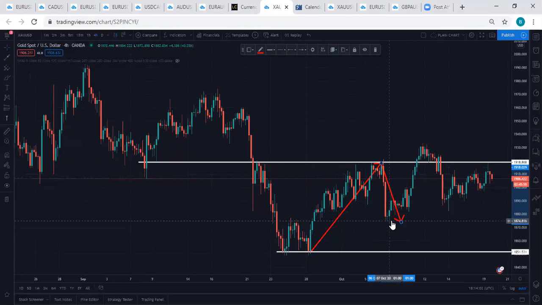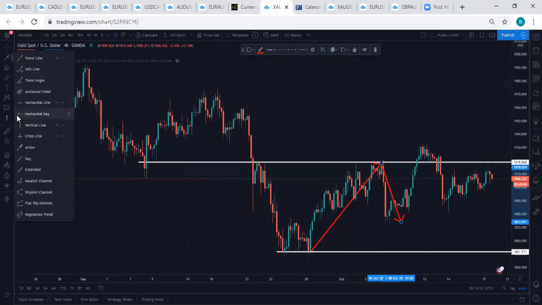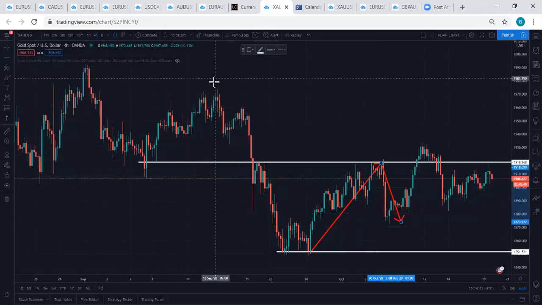Now, why did it stop at this level? I told you guys something in one of those videos I did. I said places that were a support or resistance. If that place was a resistance, that is, it was a resistance like this. A resistance is a ceiling. If it was a ceiling in the past, there's every tendency it can be a floor in the future. That is a support.